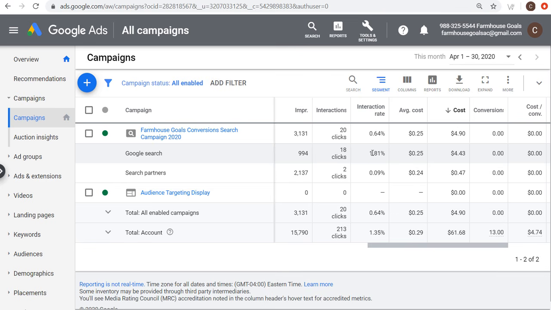I try to get this above 3% if I can, but a lot of times it just depends on overall competition and how much you're bidding. So my interaction rate is probably pretty low because I'm not bidding very high yet, and I haven't added all of my ad extensions to my advertisements. So over time, I think I can keep increasing this interaction rate, which is going to be really important